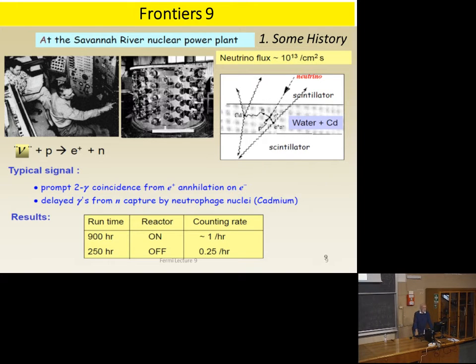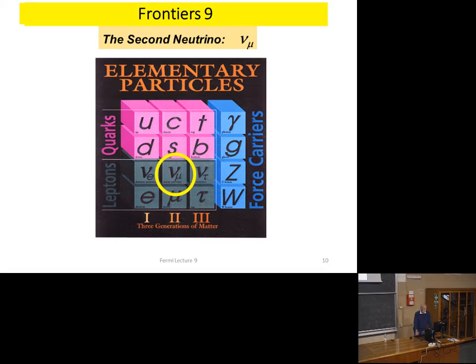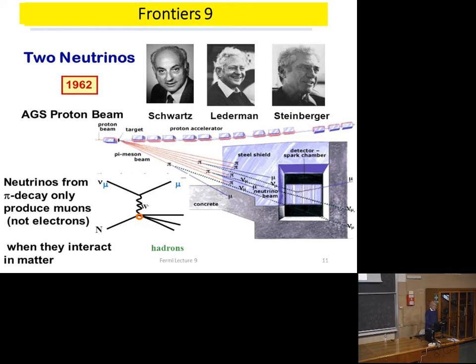And of course, that neutrino is the electron neutrino when we go to the picture here. The muon neutrino, which is here, was discovered by these 3 guys. And it was years later. So we started in the 1930s with this whole problem. Now we're in the 1960s. And in 1962, the second neutrino was discovered by Schwartz, Lederman, and Steinberger at Brookhaven National Laboratory,